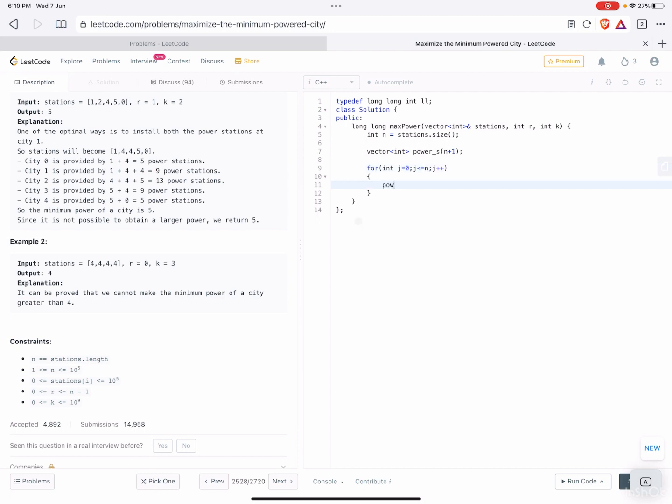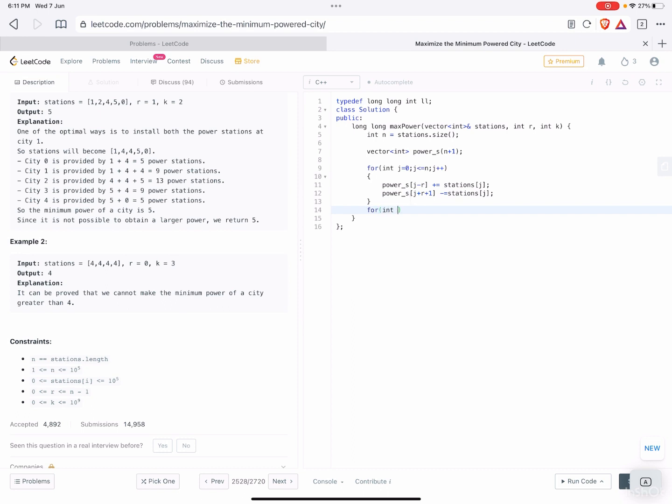So what we can do is powers of j minus r is equal to stations of j, and powers of j... Let me first write it, then I will explain what happens here exactly.